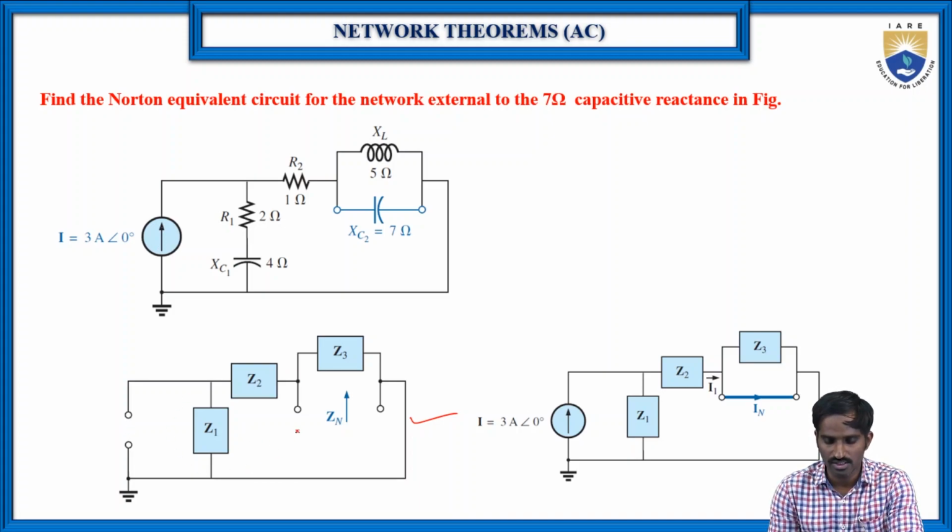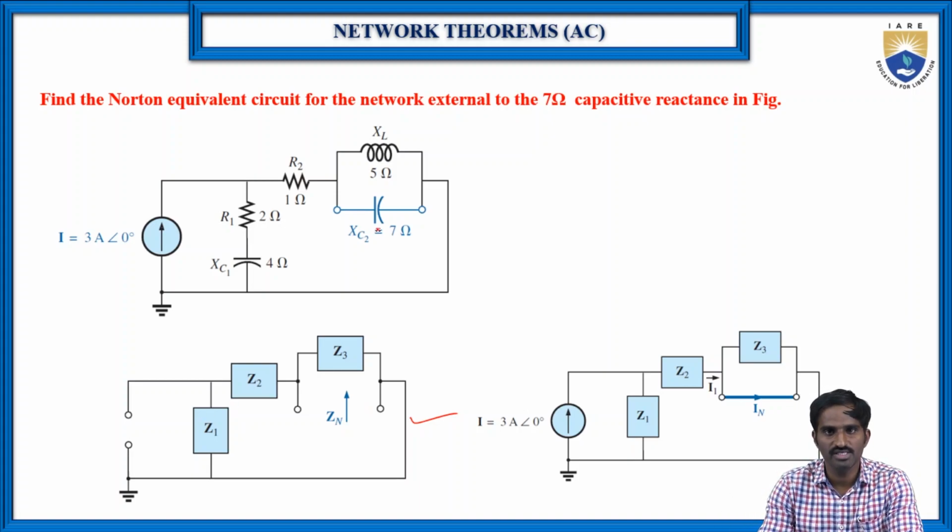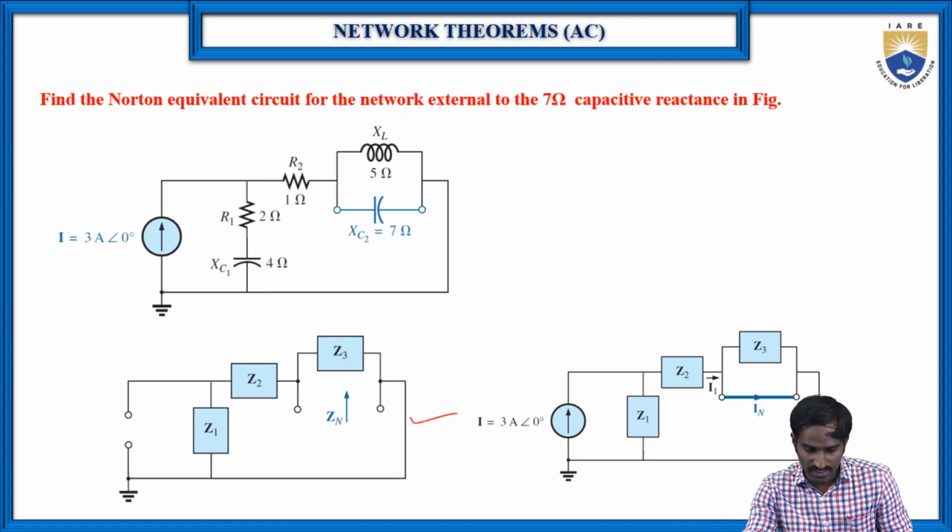For this particular circuit, we now need to find the total impedance across these two terminals, which is the Z Norton. Then when coming to the Norton's current, we should again replace the load resistance with a short circuit, and find the current flowing through this short circuit, which is the I Norton. So first of all, let us find